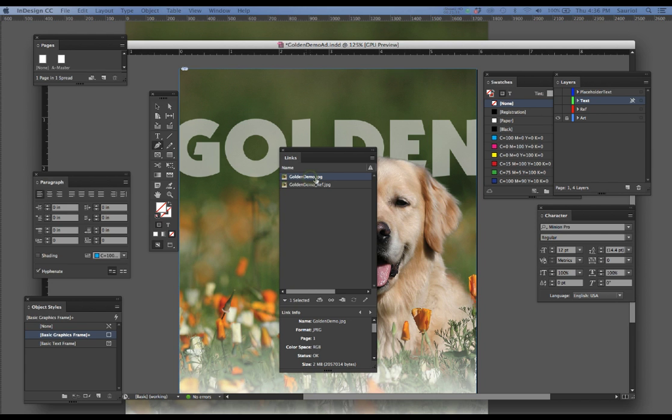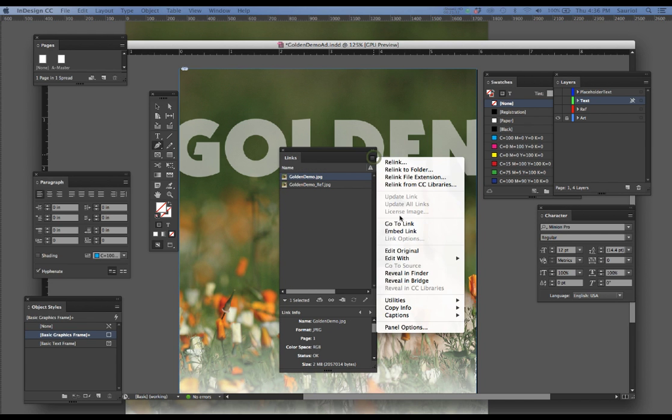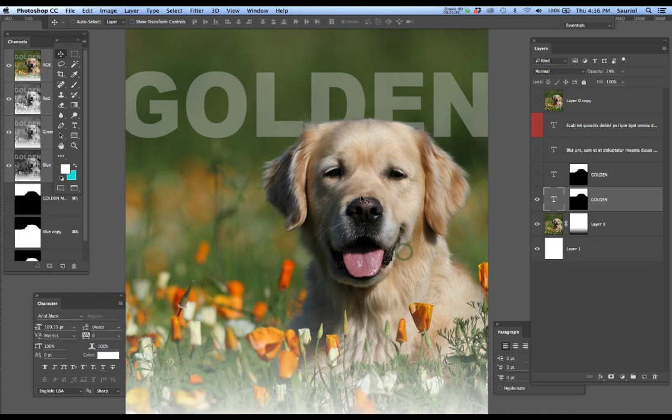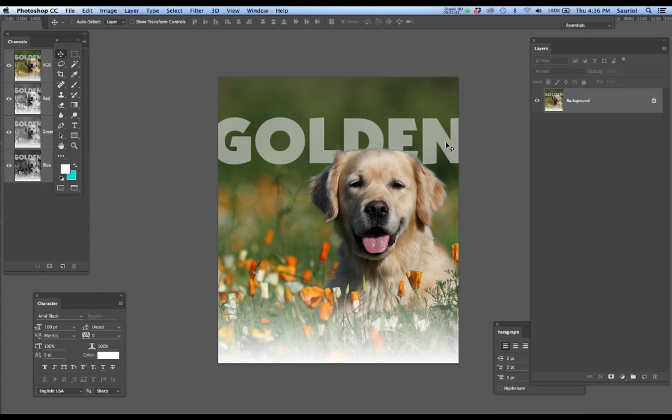Here is the JPEG demo. I'm going to go over to here to say edit original. Now it opens up. Now I can go into the original. Wait a minute, that's a flattened JPEG. Okay. I can't separate this. I have to go back into the main one and then resave it as a JPEG,